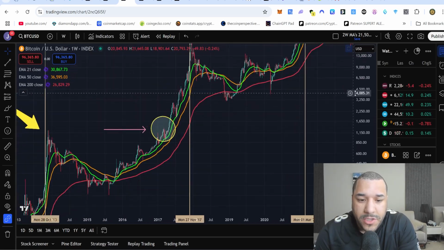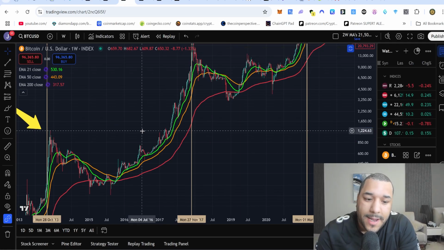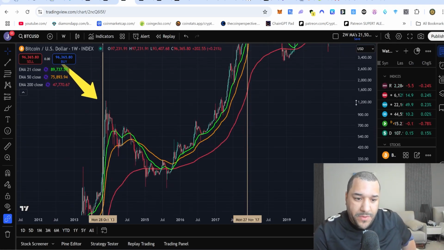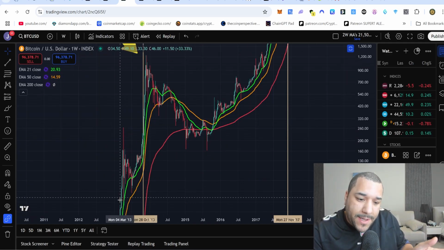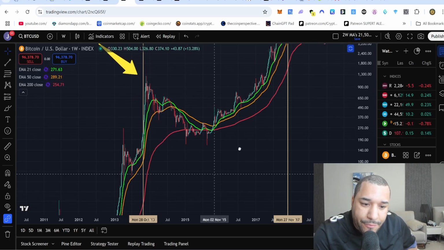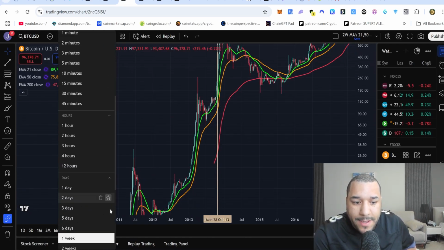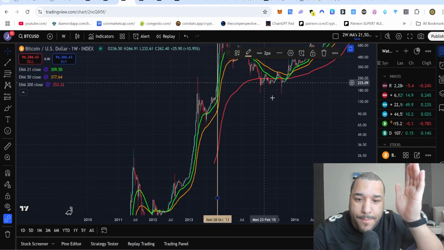Let's just go back to the last prior cycle. I'm going to delete these indicators and stuff just so you can get a clean picture of what I'm looking at here. What do we know to be true? We know that in a massive rally up, you can see back in 2013, price always remains in front of this green line. And again, on the weekly time frame, right? 1 week time frame. Price always remains in front of this green line when we're in a massive rally,